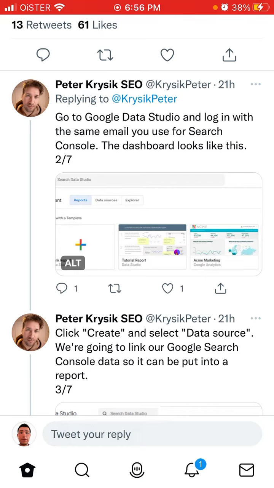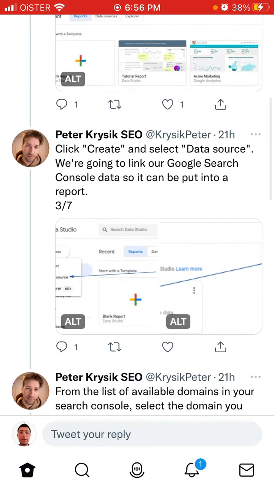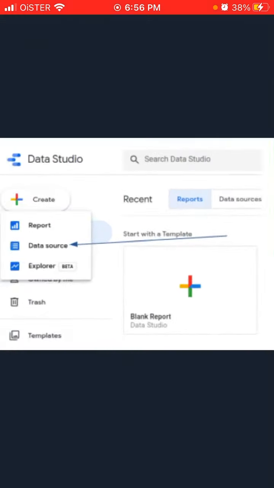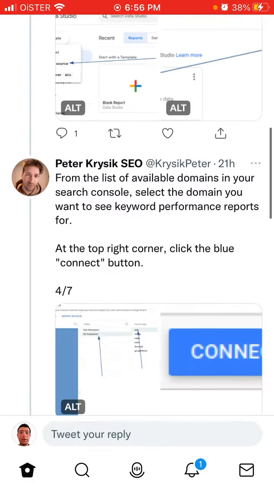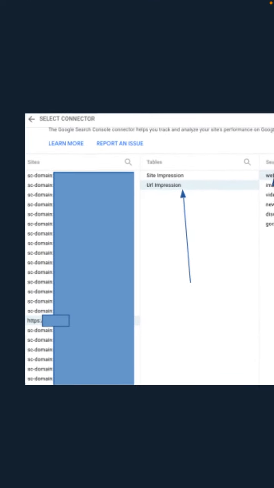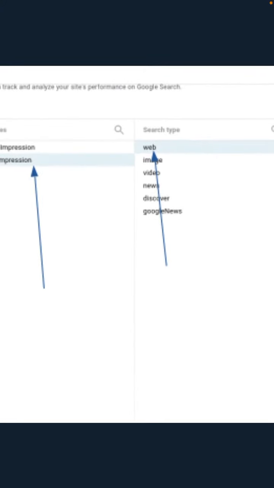So what he explains here is that basically you can use a Google Data Studio report and use it with the same email you use for Search Console. Then just use the dashboard, create a new report, and select data source. From the list of available domains, select the domain you want to link. So basically here you can select data source, and then you can just link the list of domains, and then